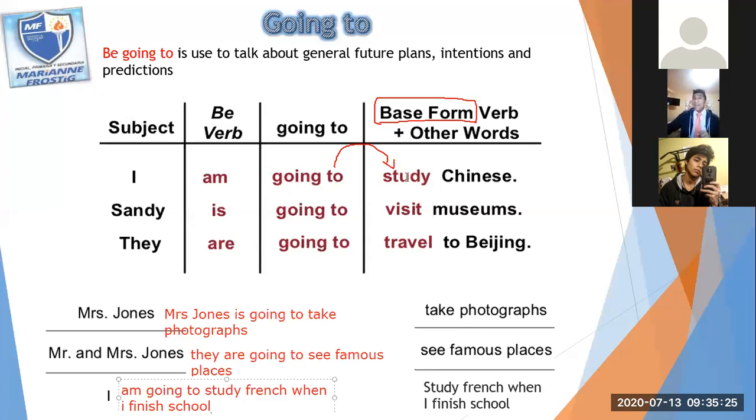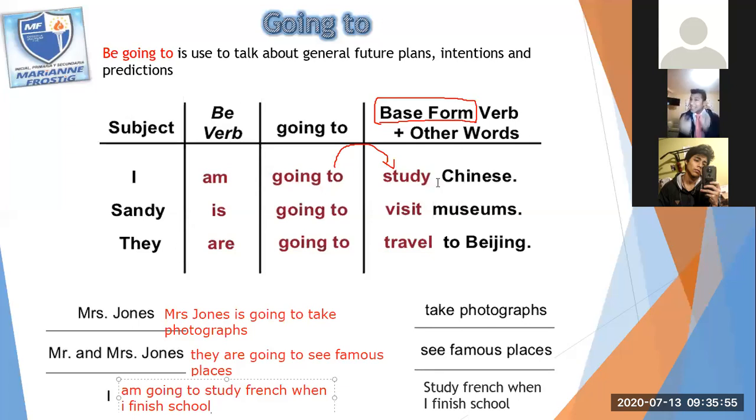Now, listen, I need a volunteer for one extra point. Here we have a sentence, I am not going to study Chinese. In negative is, I am not going to study Chinese. But in question, sería, am I going to study Chinese? Very good, Bruno, Luis, el punto para mí. Bruno. And very good, Pamela, on the chat. Perfect.